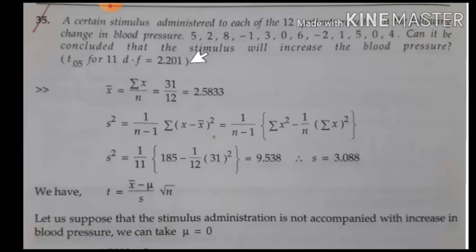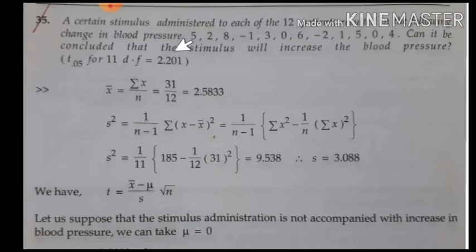the mean value of the population here? No. Nowhere it is given. So in that case, how to take that mu value? Because to calculate the t value I need mu. So how to take? As I said in the previous two problems, whatever they asked you to test, that itself you take as the hypothesis.